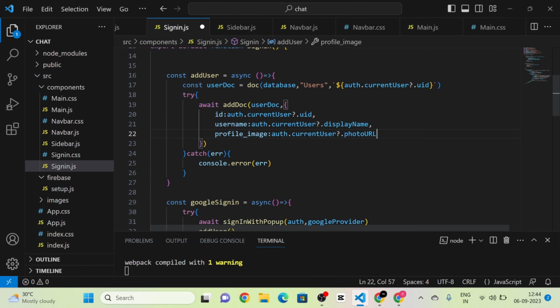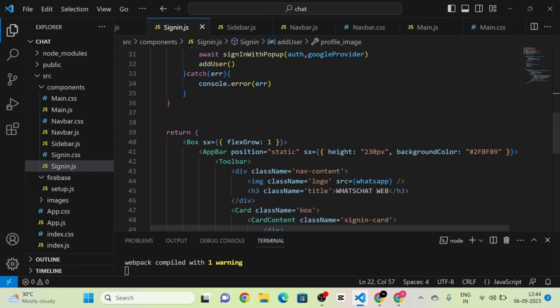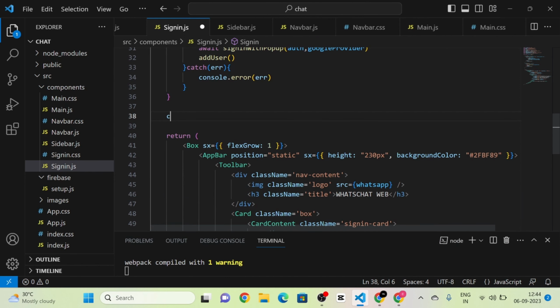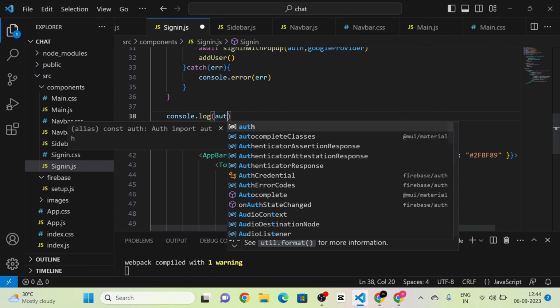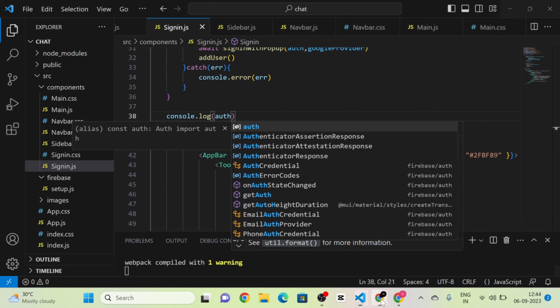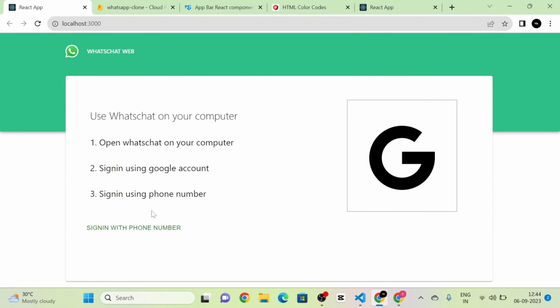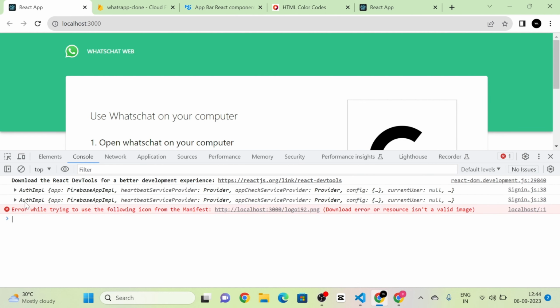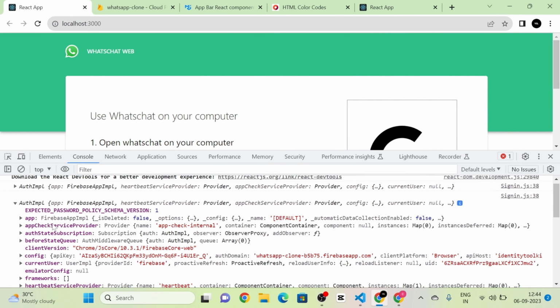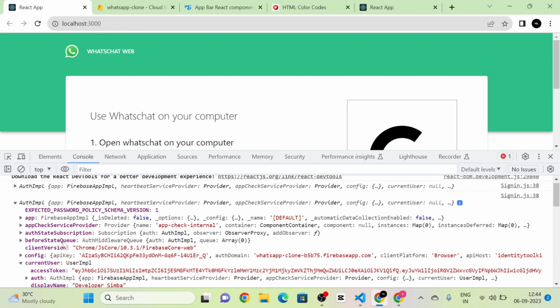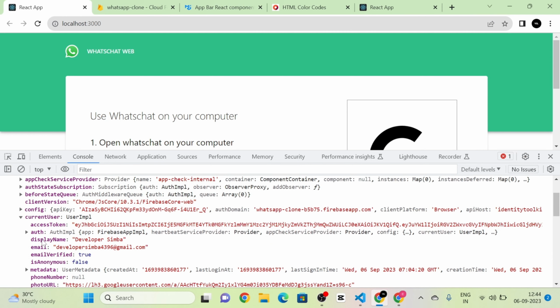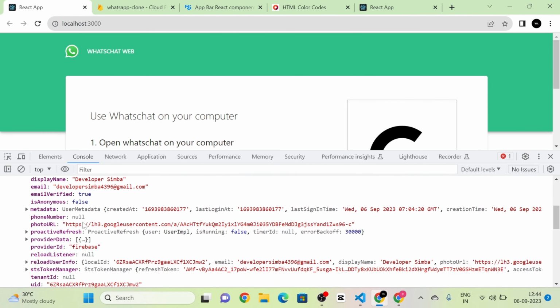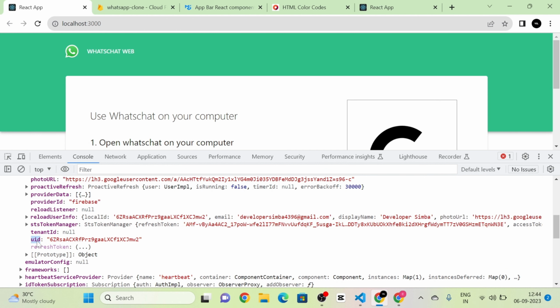Okay, so now I'm going to show you the auth in the console. So now you can see that I'm going to take the console here, and here in the console you can see the auth.currentUser, which contains the details such as the display name, photo URL, and the UID. Okay,